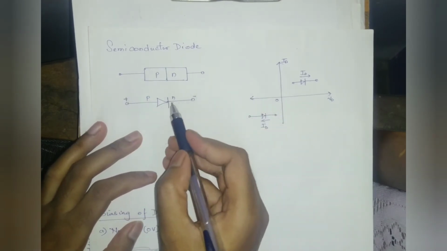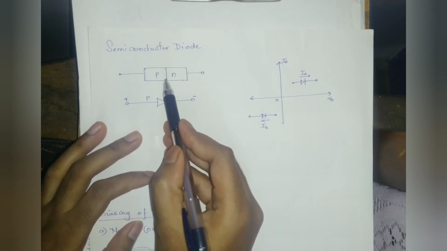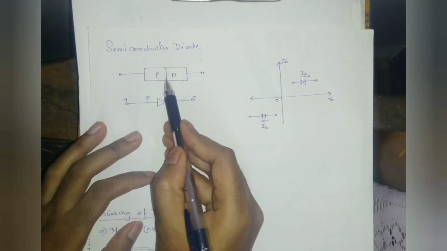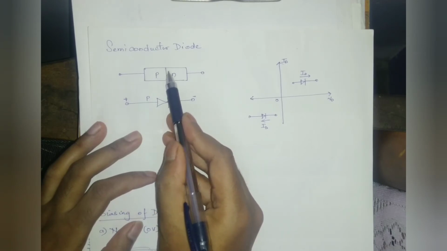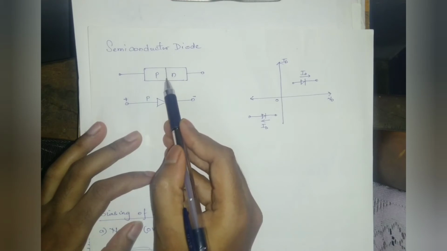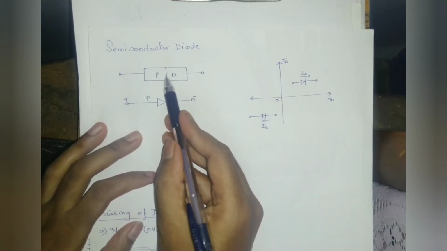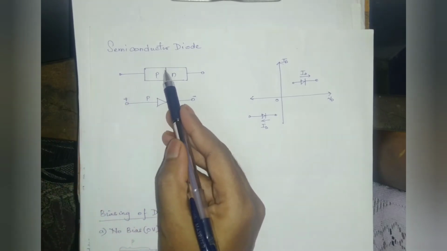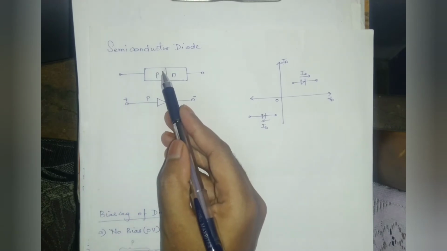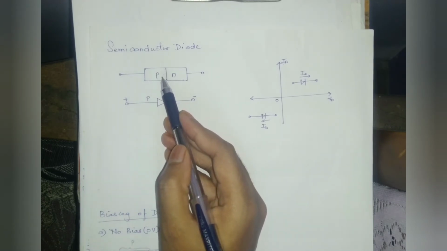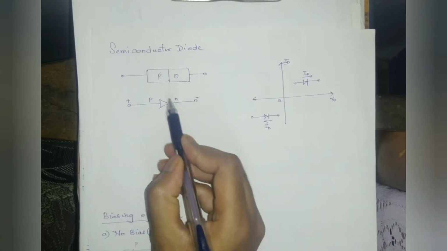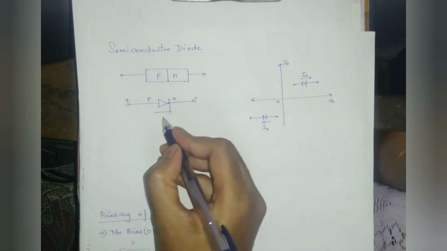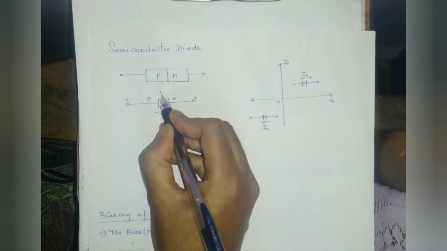Now at the instant these two materials are joined, the electrons and holes in the region of the junction will combine. They will combine, resulting in the lack of carriers in this junction, and the region of uncovered positive and negative charges. Since the electrons combine, they result in immobile ions, which lead to a depletion region, due to the depletion of the carriers in this region. Now you can see this is a diode symbol. Here the flow of current is from positive to negative, and it is denoted by I_D, and the drop across this is called V_D.